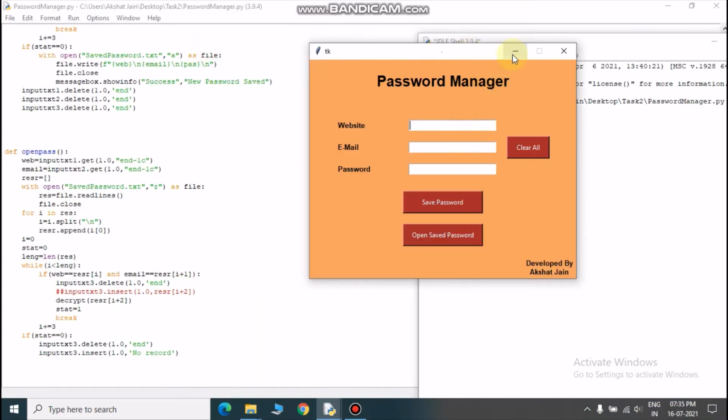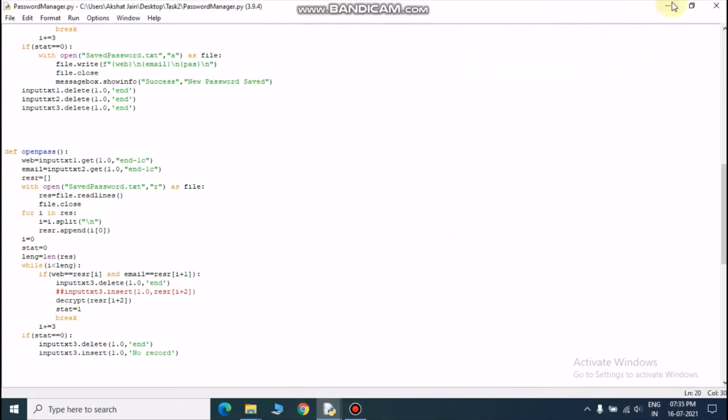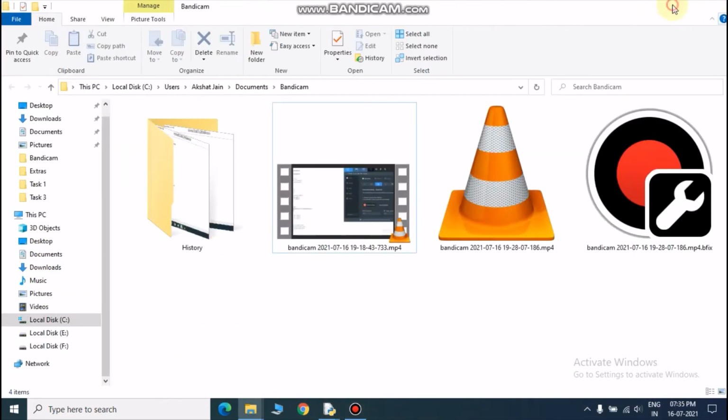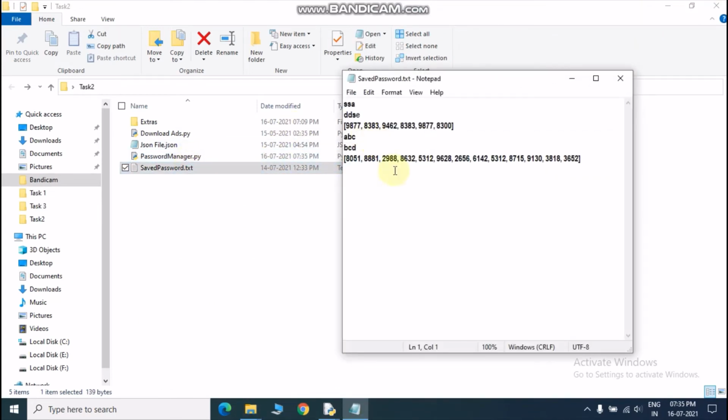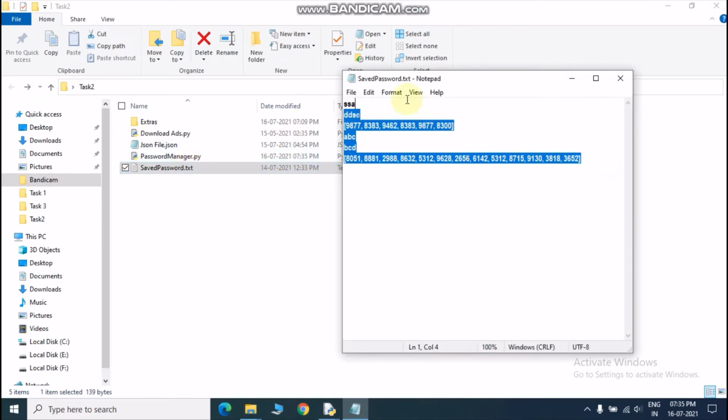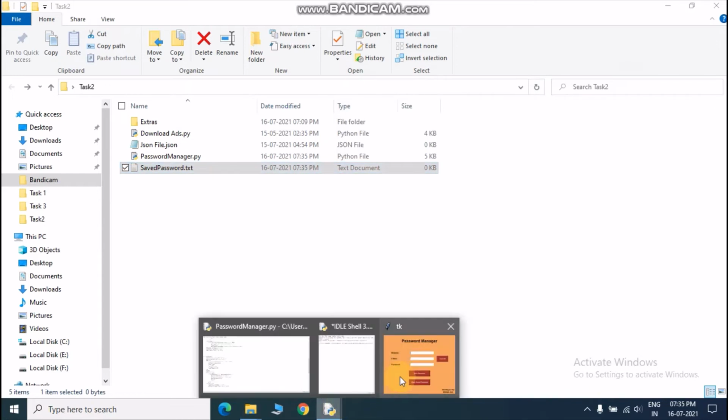Okay, so before that I want to show you that my save password file is empty. Now let's delete all this and save it, and now running it.